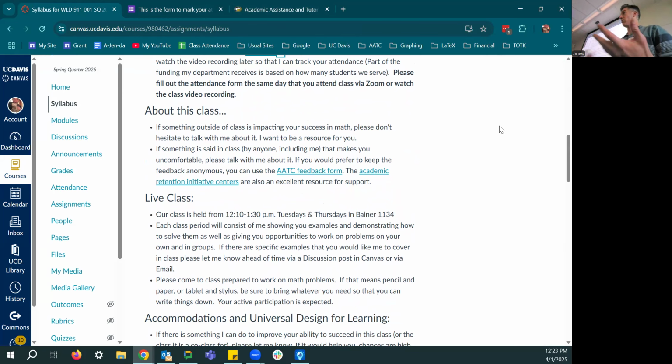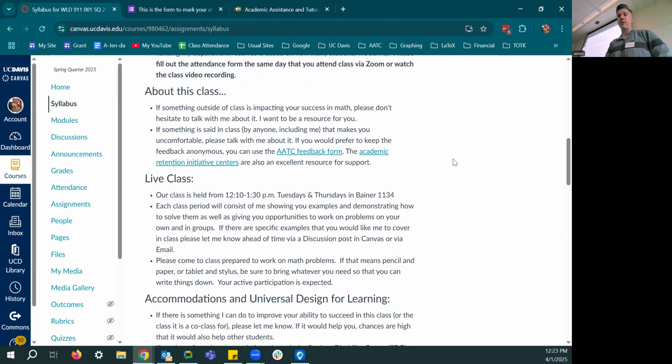This is also true for your other classes, right? If something is happening in another class, which is really why we write this down, you should say something or talk to someone, and we can help you get it sorted out, or at least figure out where to get it sorted out. Yes, we know when the live class is. It's right now. Someone did point out that I had this wrong the other day. I had accidentally written Monday, Wednesday, Friday. Thank you to whoever it was that told me that so I could fix it before class met today.